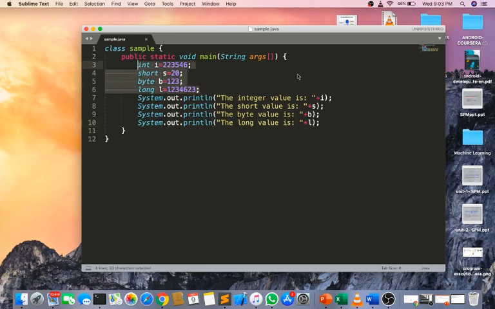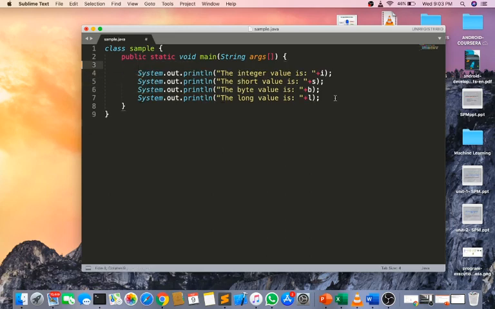Now we will see floating point. float f equal to, just place 23.458, but we have to place the f here. When declaring a floating value, at the end we have to place f to represent that it is a floating point.